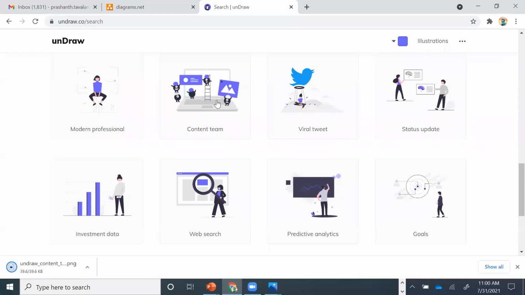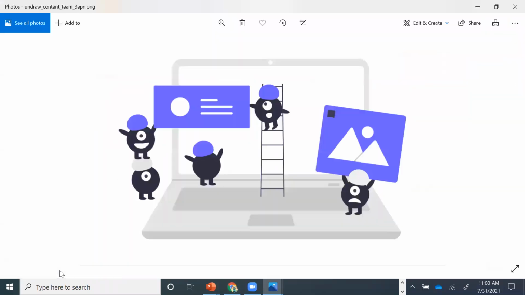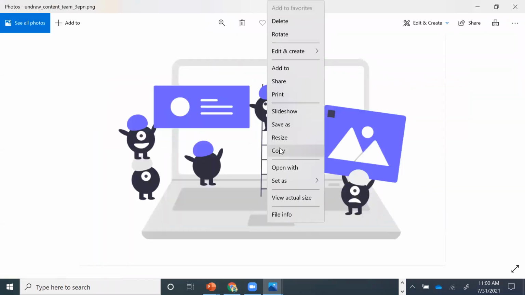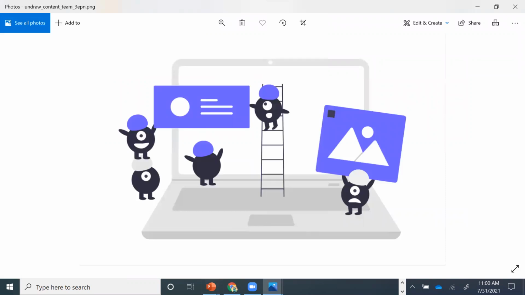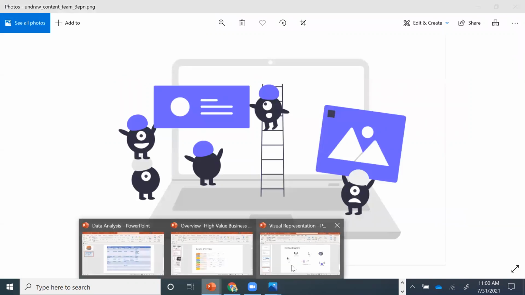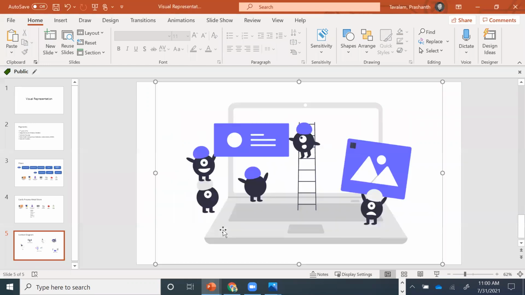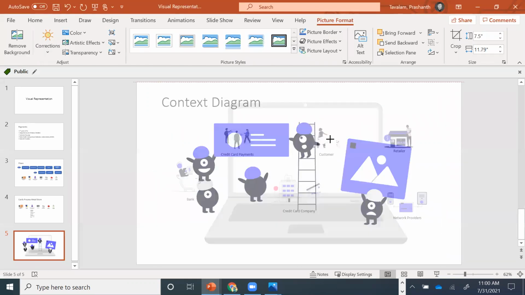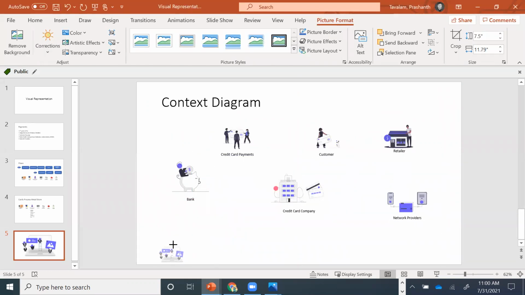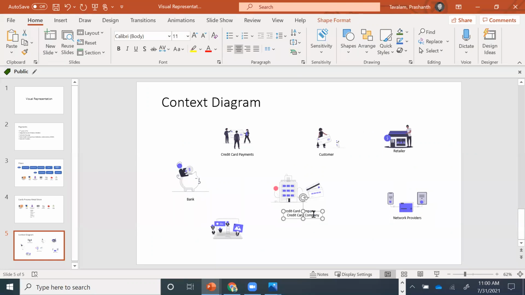Now, you don't necessarily have to look at content team as content team itself. You can use this even for, say, marketing. I want to represent this, saying marketing team providing different offers for customers. So I'm going to put up... what I'm trying to say is that there will be a lot of offers, cashback offers, coupons once you make a purchase on credit card, and things like that. So let's look at this as a marketing agency selling offers. Okay.